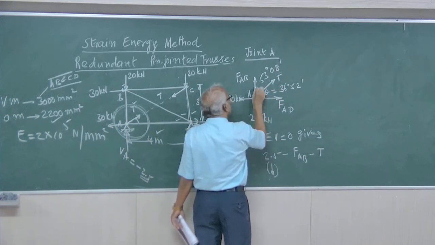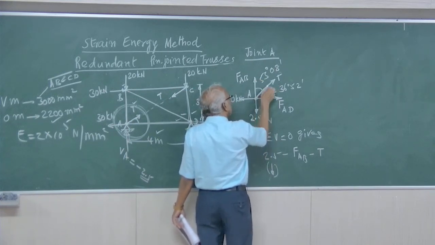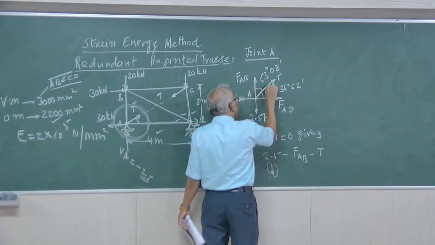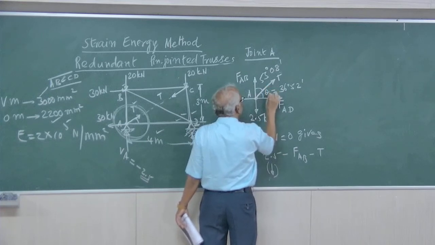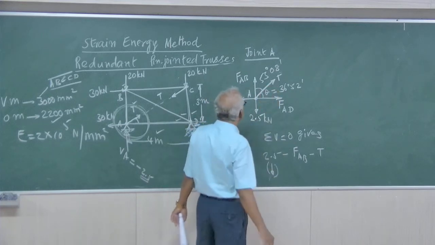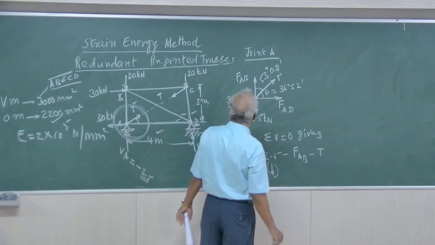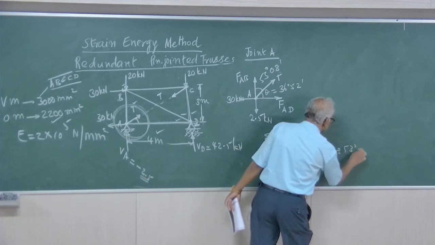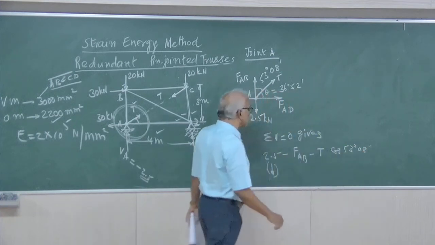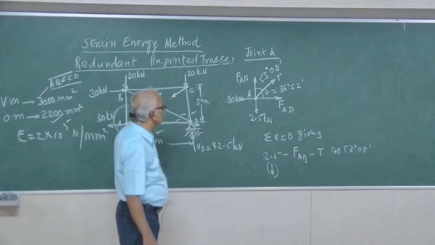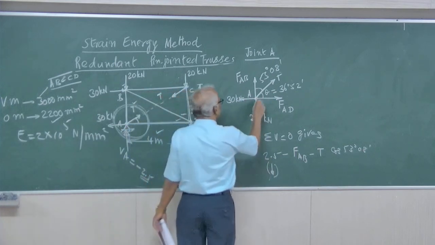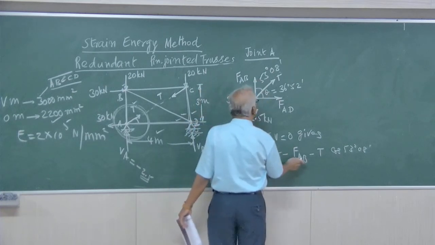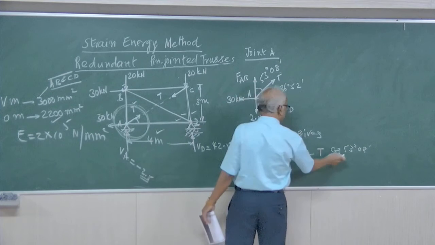when you want the vertical component, it is T into cos of its angle with the vertical. If you want to find out the horizontal component, T into cos of the angle with the horizontal. Now I am resolving in the vertical direction, therefore T into cos of its angle with the vertical, 53 degrees 8 minutes. So I will not use sin theta. So 2.5 we have considered, this we have considered FAB, this we have considered T into cos 53 degrees 8 minutes.